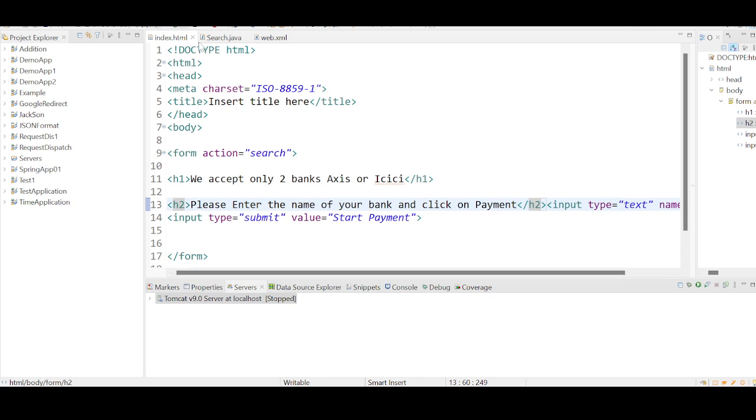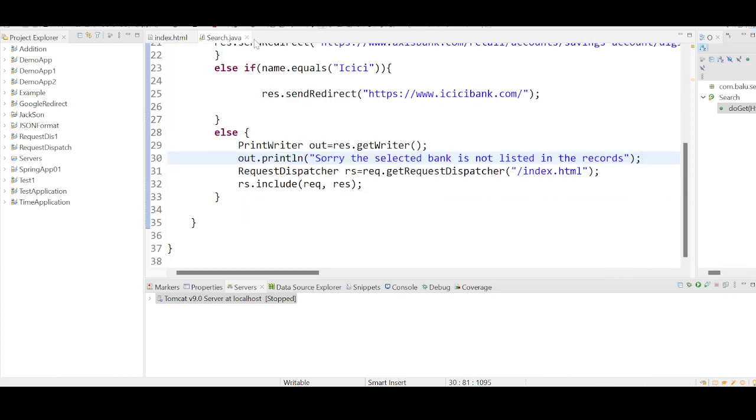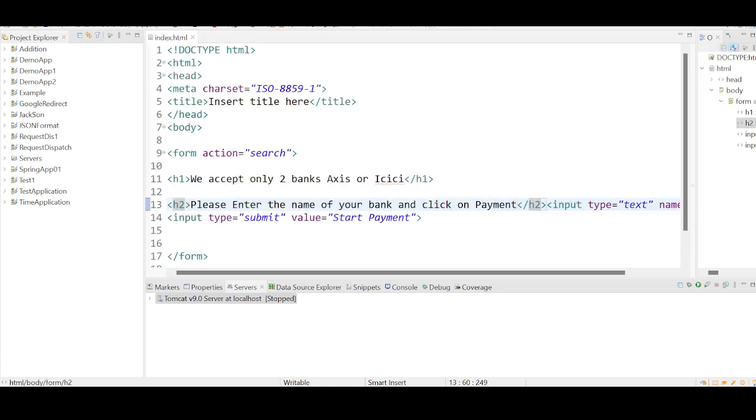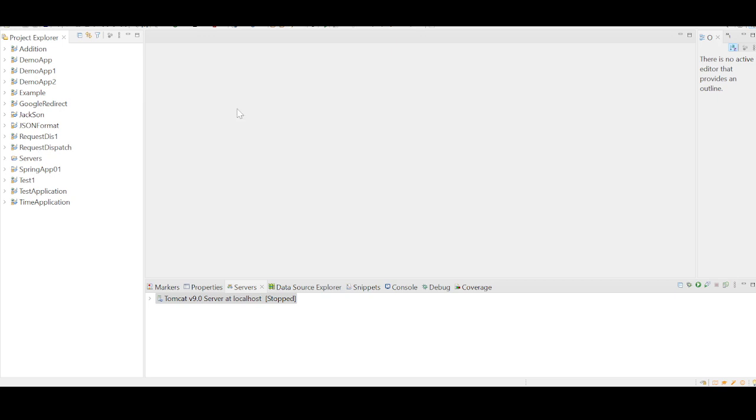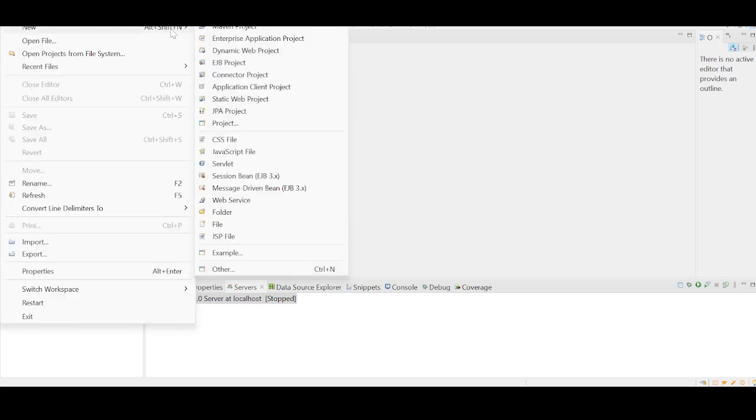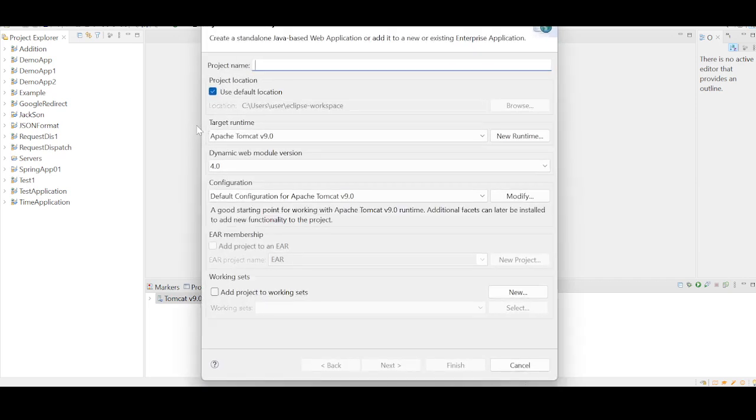See, let me take a new example to understand this. Right. Now we will just send one request and write a code to get a response, and that response is again getting redirected to some other page. Right. For that, usually we create a new dynamic project, and the name of the project is going to be,